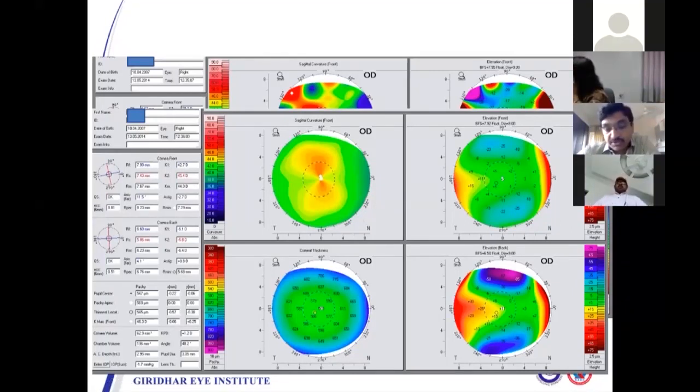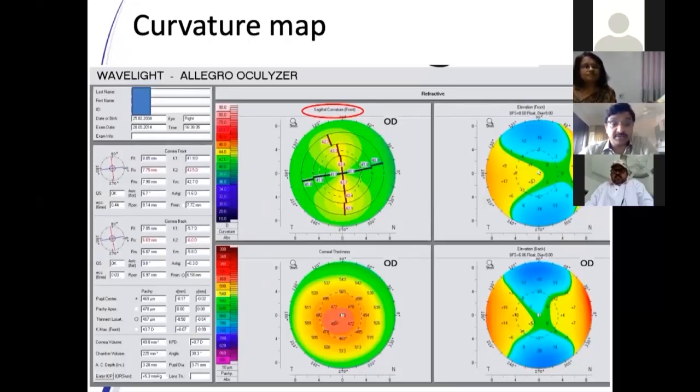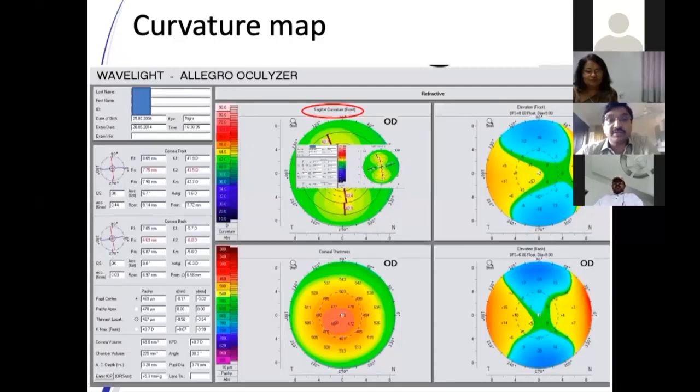And now once you're sure that the captured image is good, everything is good, and you're ready to read, then you go into the print. So in most of the cases, what we look at first is the curvature map. What exactly curvature stands for has been described by Dr. Das, so I won't go into that. But this is the first picture that we see.